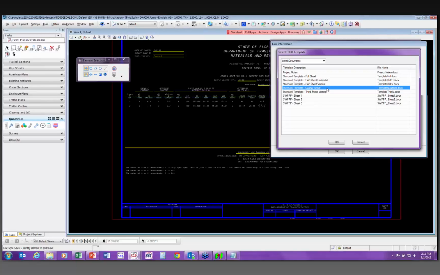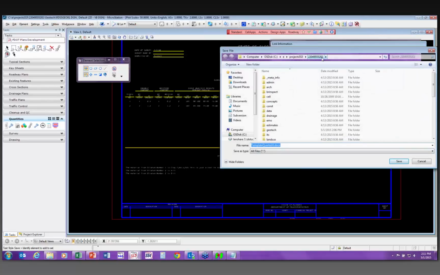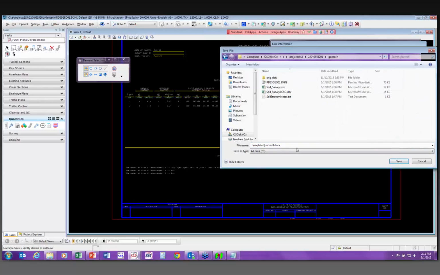And I'm just going to go ahead and create a template, and I'll tell it OK. It's going to ask me where do I want to put it. I'm going to tell it I want it in my Geotech folder. And I'm going to rename this Soil Stratum. I can name this anything that I want to. Okay. And then I'm going to tell it to save that doc